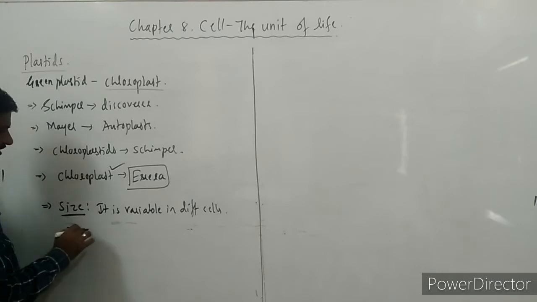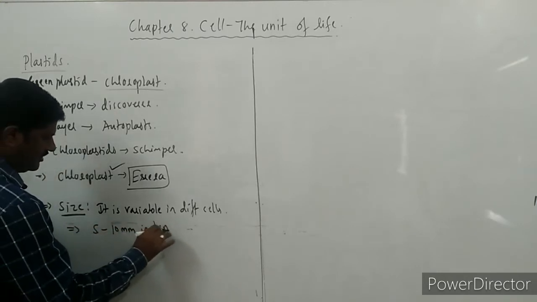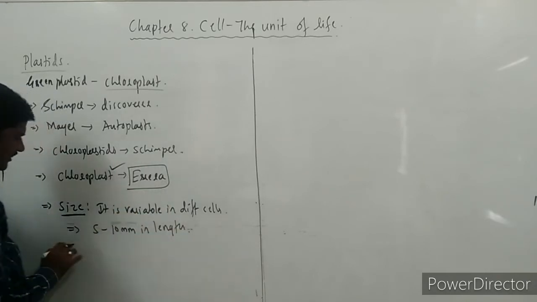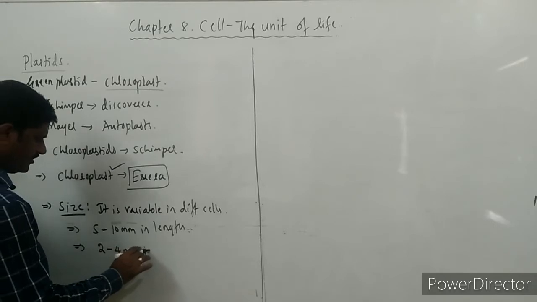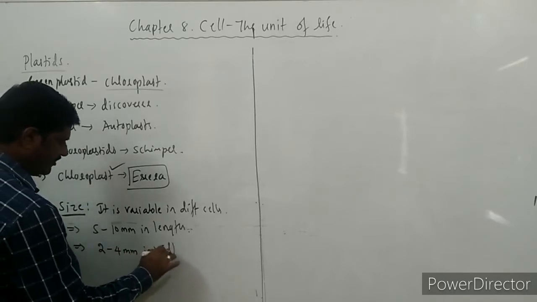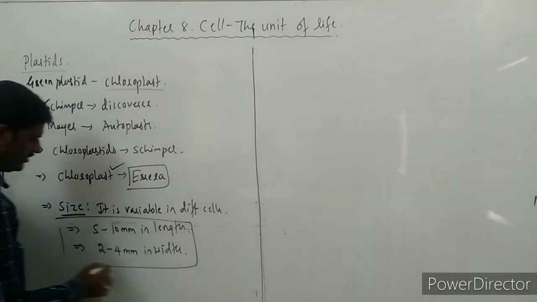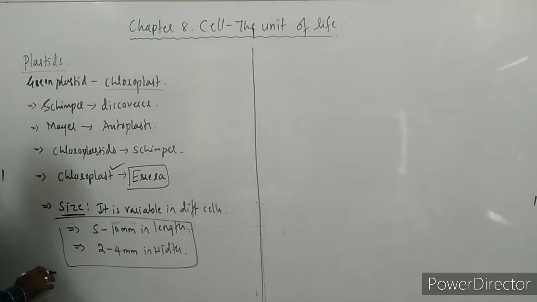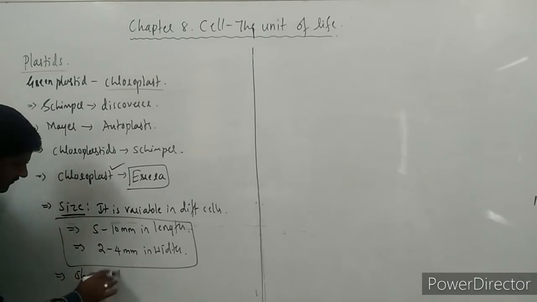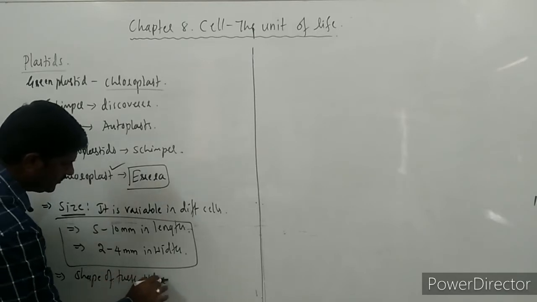Size is usually 5 to 10 mm in length and 2 to 4 mm in breadth or width. So these are very important things to be remembered from NCERT lines, right? And next one, the shape of these plastids, that is chloroplast, also